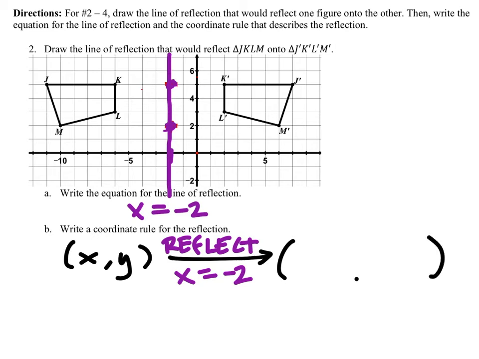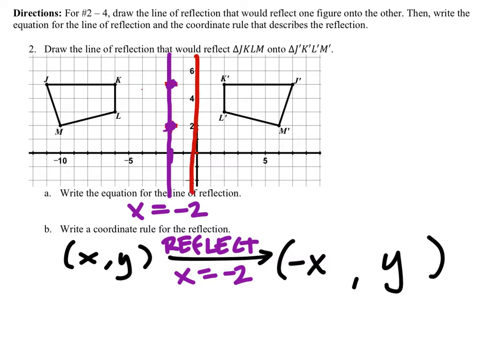Now hopefully you guys remember, and we can see on this that the y value is not changing, so we're just going to keep it the same no matter what. But with reflections across a vertical line, we're going to take the negative of x just to start off. Now this one, if it was the origin, we would just keep it like this. But this one has been moved 2 to the left from the origin, so we got to see what happens when we do that. So what I'm going to do is I actually am going to reflect